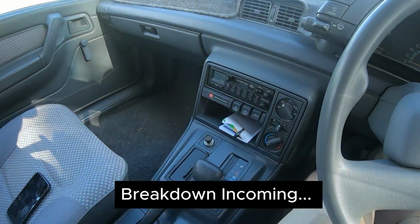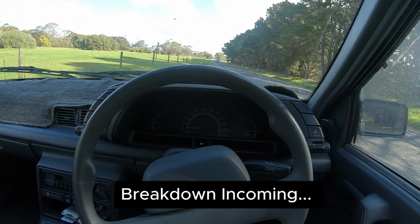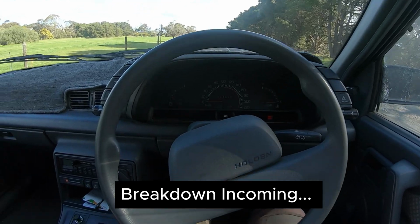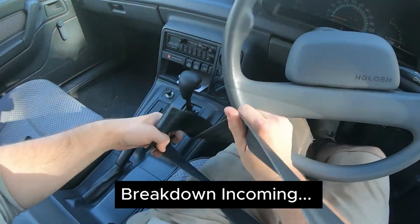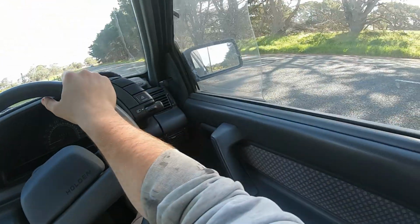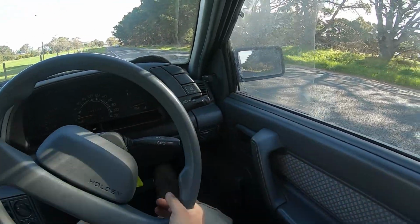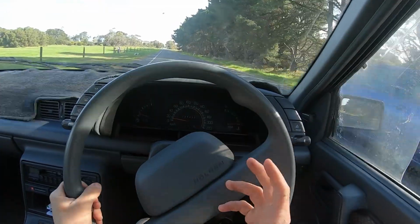And one of the reasons I wanted to include this car is a lot of Aussies will have memories in these, whether that's as a P-plater or as their parents' car or whatever. And again, this one is just a great example. And, you know, again, it's not quite a rare car really, but